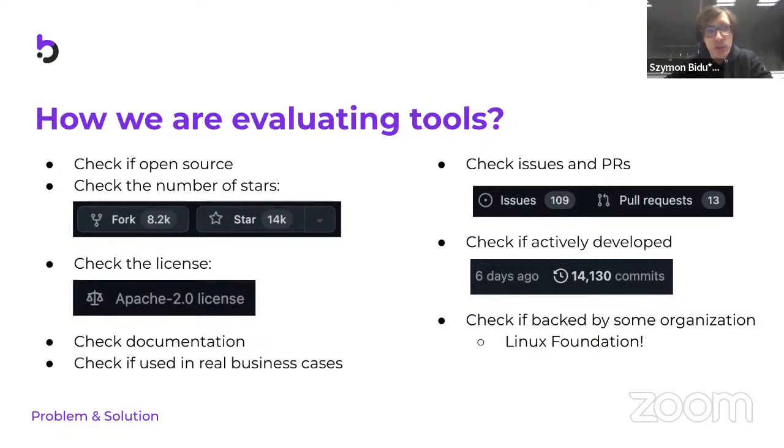And that's also the case with the Hyperledger Fabric. Then we are checking the documentation, if it is extensive and it's covering many cases. Then we are checking if the tool was used in real business cases. Then we are checking how many pull requests and issues are raised. If there are many issues, but not too many